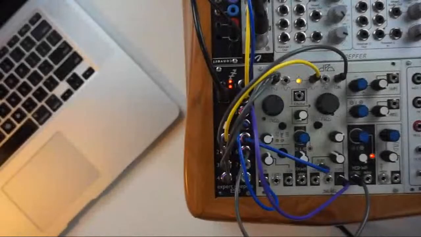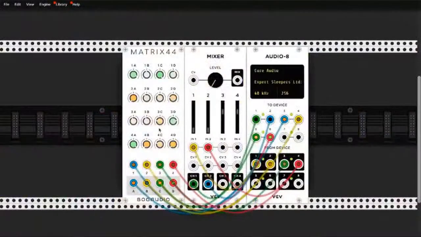All right, so as you can hear, using a matrix mixer in this way and creating this feedback loop gives us very noisy and chaotic results, which I personally find super fun to explore. But don't forget that you can use this kind of setup to send any modulation source from VCV Rack over to your Eurorack system.